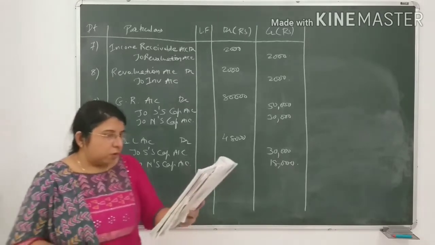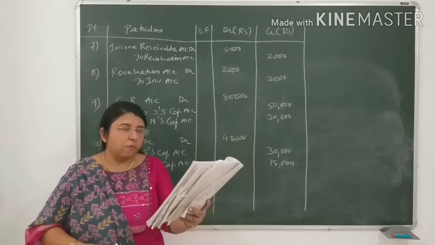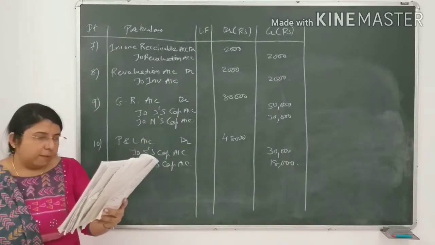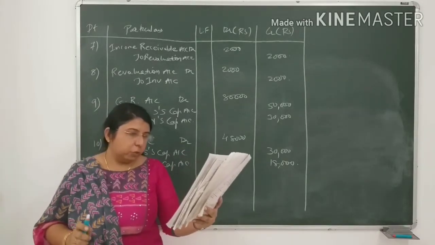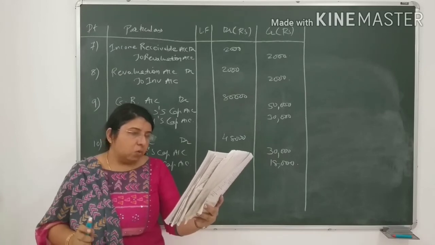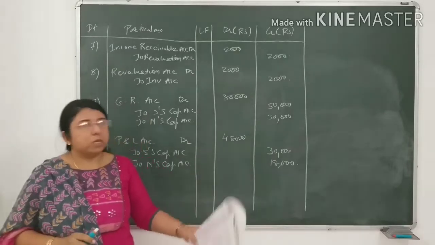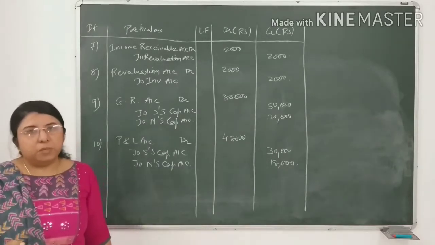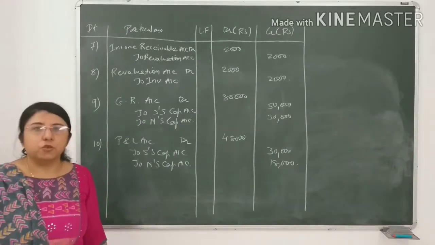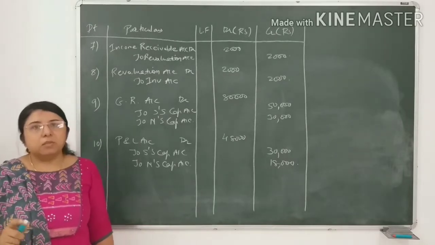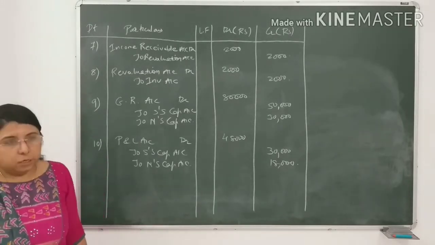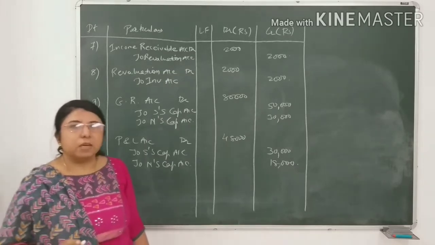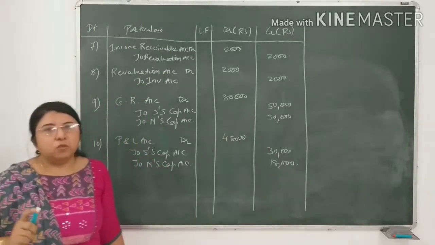Now the two important points, that is of reserve fund and the accumulated profit. You can see in the balance sheet on the liability side that general reserve is given to you 80,000 and P&L account credit balance, that is rupees 48,000. General reserve and accumulated profit, that is P&L account, will always be distributed amongst the partners in their old profit sharing ratio. You can read in the question that the old profit sharing ratio between Sajan and Nirmi is 5:3.